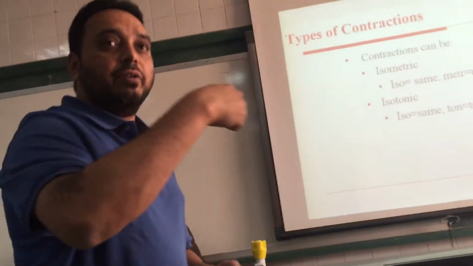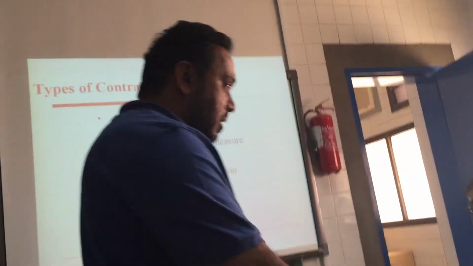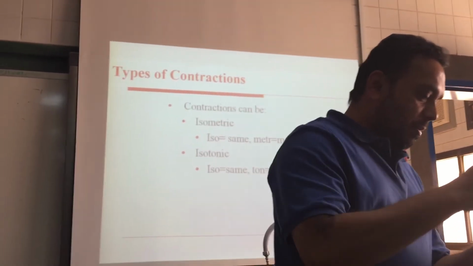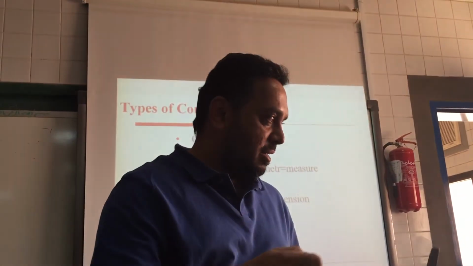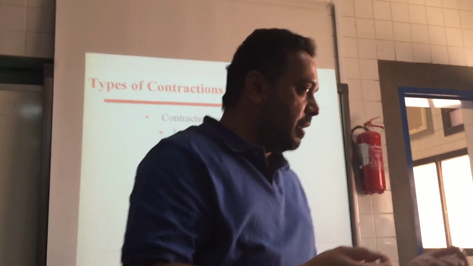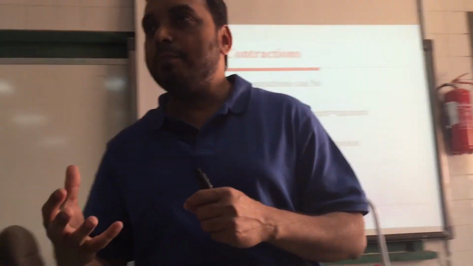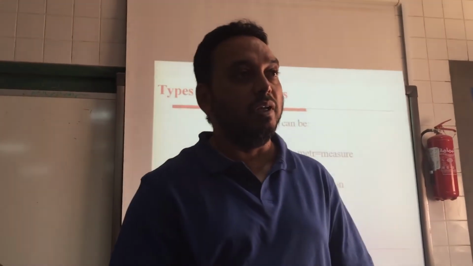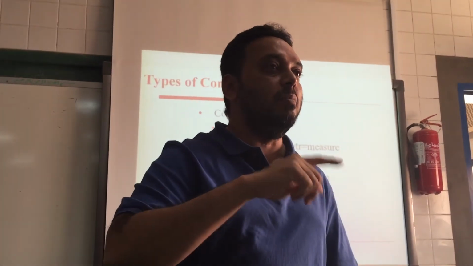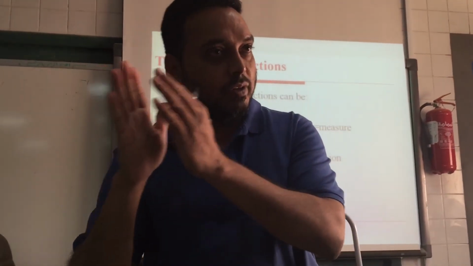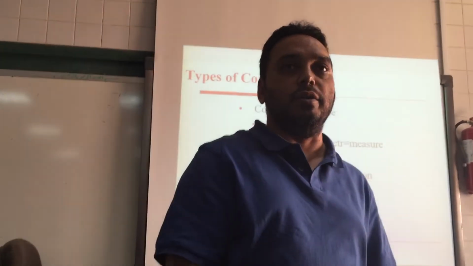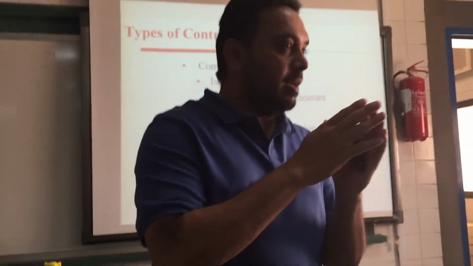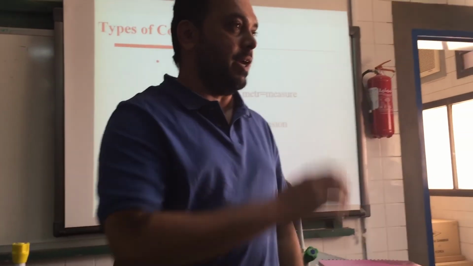Conversely, isometric contraction is that contraction of the muscle in which, can you tell me what it is? Iso, same. Metric is basically used for measuring length, isn't it? So isometry means same length. So that contraction of the muscle in which the tension inside the muscle is increasing but the length remains the same. Tension increases, length remains the same: isometric contraction. Tension remains the same, length decreases: isotonic contraction.